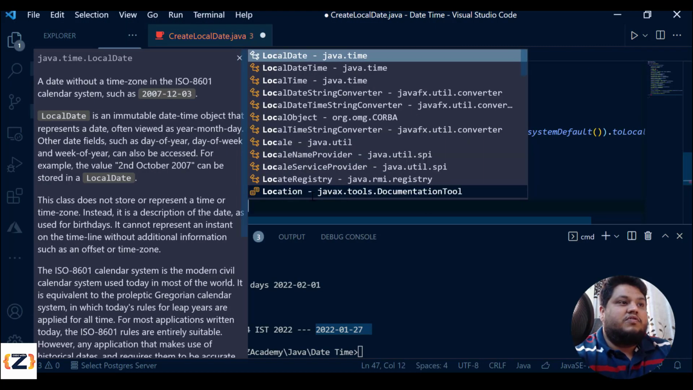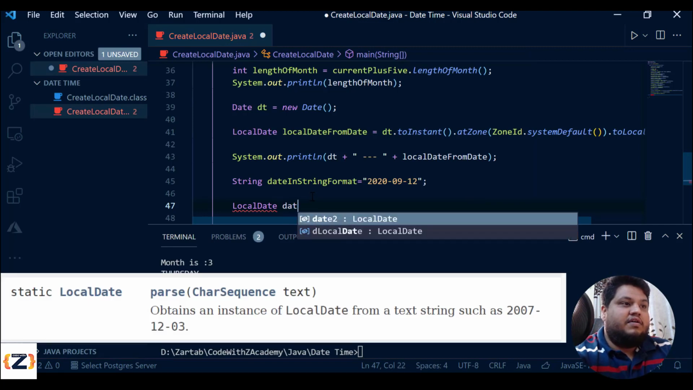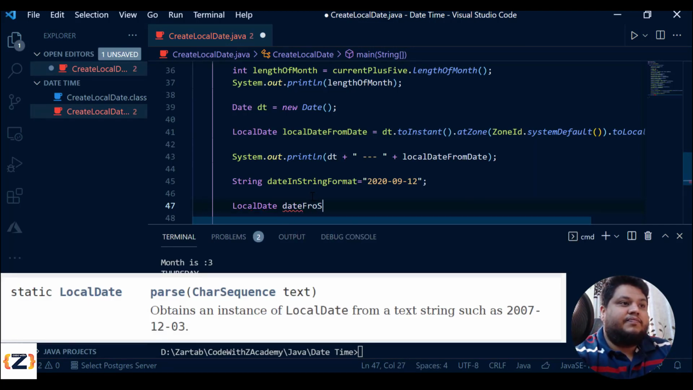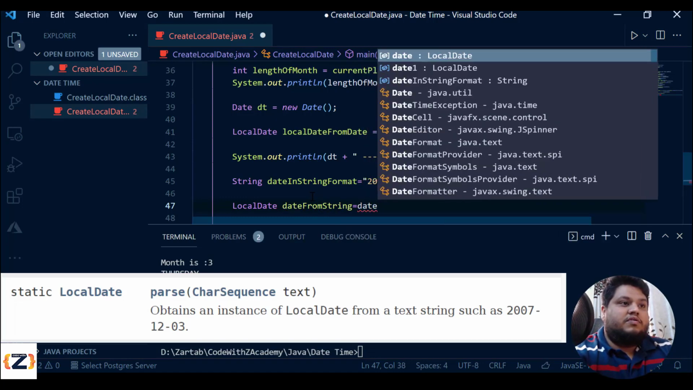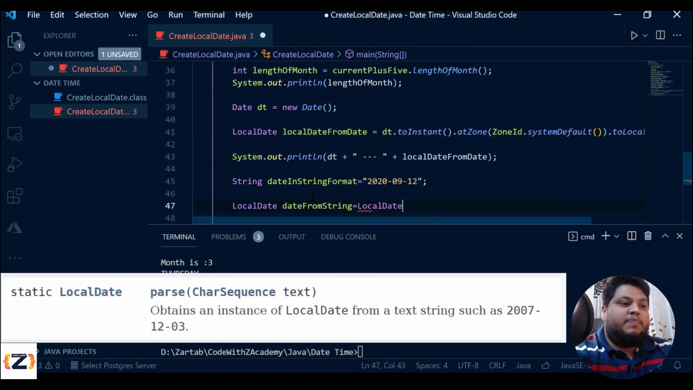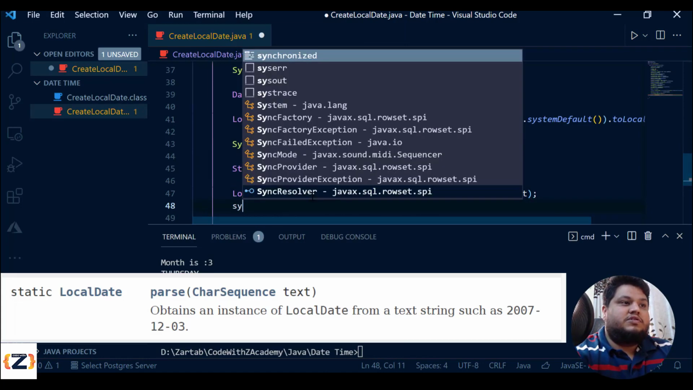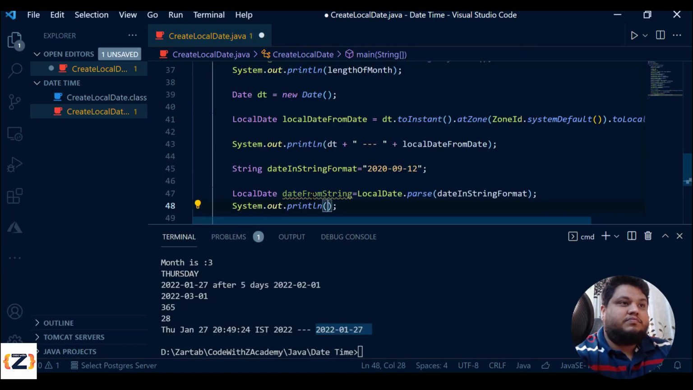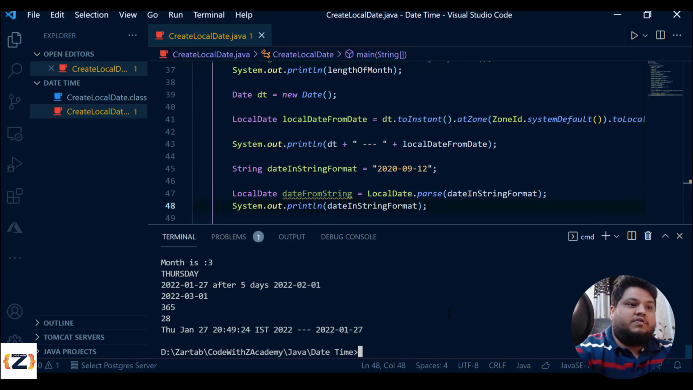Now you want to convert this into a local date. So what we can do is say localDate fromString is equal to the LocalDate.parse function. If I pass the date in string format to parse, and do system.out.println of it, it's simple as that. I've got this date